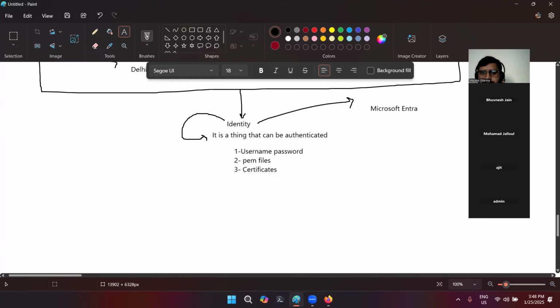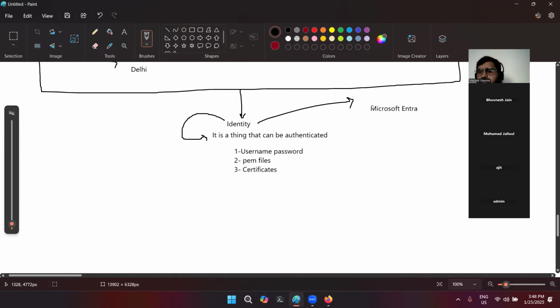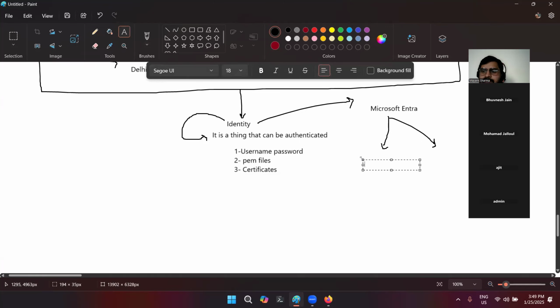As I earlier told you, Microsoft renamed Azure Active Directory to Microsoft Entra. So now you can access Entra in two ways, mostly depending upon the organization. If your organization uses Azure Cloud, then you can simply go to the Azure portal and access Microsoft Entra. This is the first way. But many organizations sometimes don't use Azure Cloud, but they use some other services of Microsoft, like Office or Power BI or anything else.